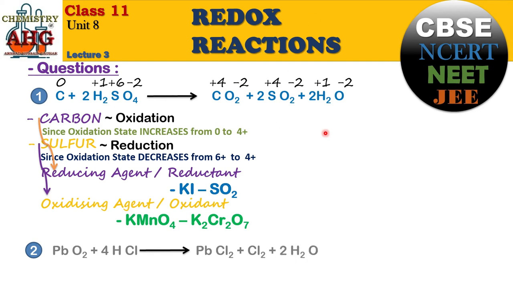Okay students, if you have done this example, just look at the answer. I am showing you the answer for this. First of all, we will write down the oxidation state. Then we will find, is there any change in the oxidation state? Look at Pb. Its oxidation state is positive 4, after the reaction positive 2. What does this mean? It means Pb has been reduced during this reaction. So when it has been reduced, what will be the name of this agent? It will be the oxidizing agent, because itself it has been reduced.